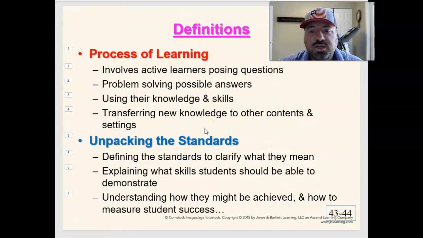The next important thing we need to understand how to define is unpacking the standards. The first week back to school, every time when I was a teacher, we talked about unpacking the standards a lot and developing new curriculum and new things we were going to do for the school year, which I usually had already planned out way before that. And most teachers do. They take some of the end of their summer to plan out their new activities.